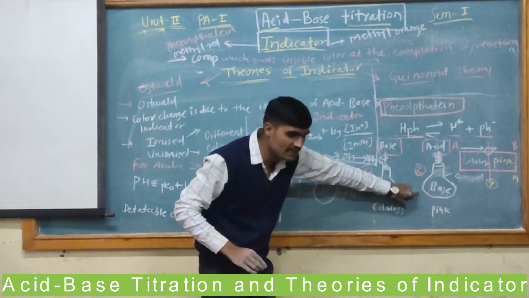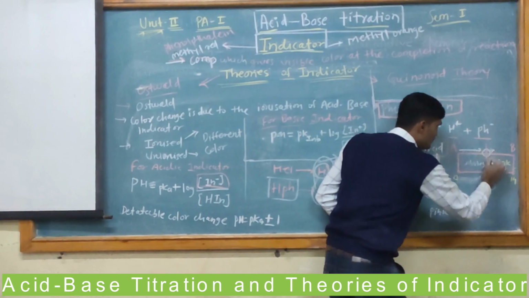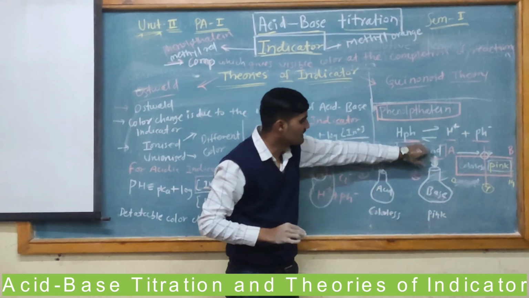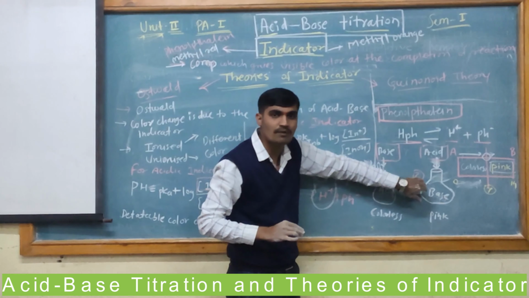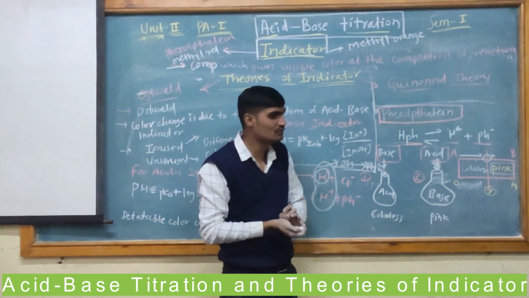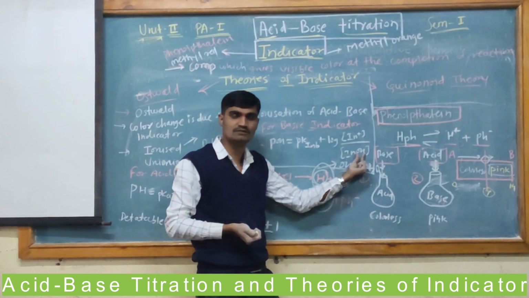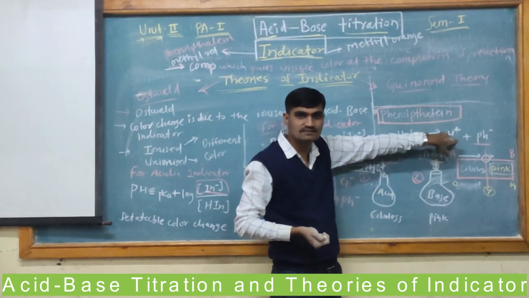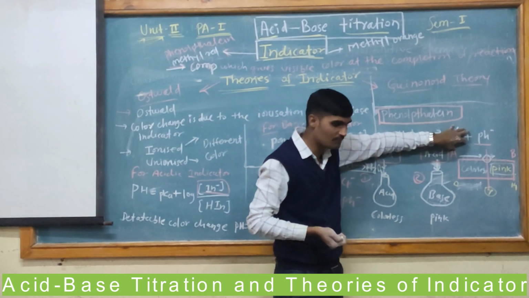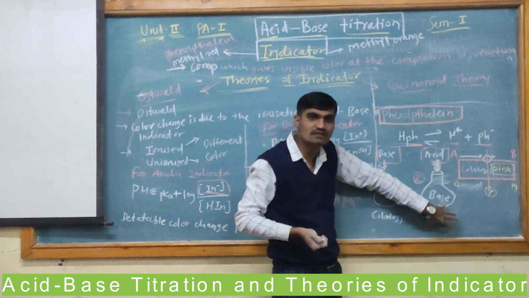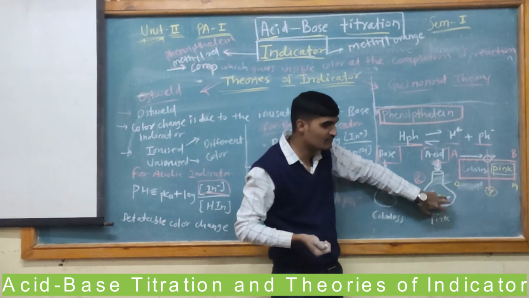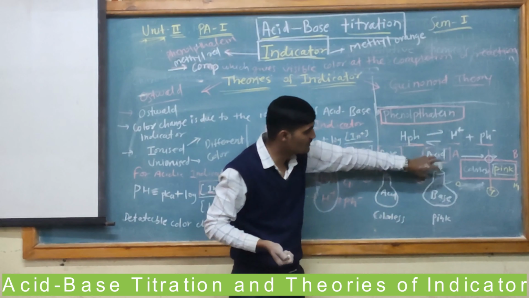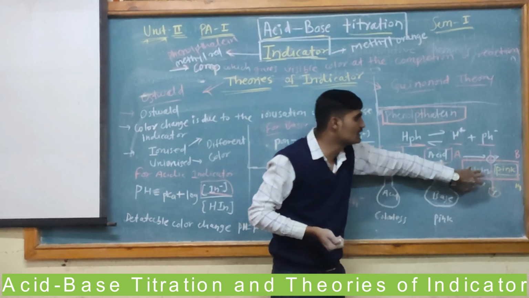Similarly, in basic or alkaline condition it generally has a pink color. Why does it have pink color? Because there is no common ion effect; it gives OH minus ions. After dissolution, phenolphthalein gives H plus, so no common ion effect happens, and the basic solution gives a pink color. When we use phenolphthalein in basic solution, it gives a pink color from the start. When we start the addition of acid, it goes from pink to colorless.